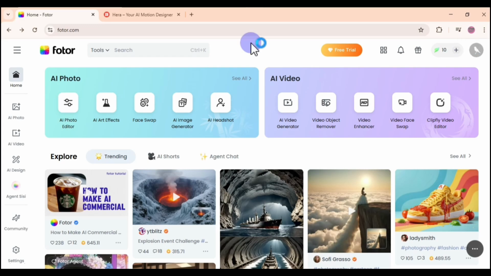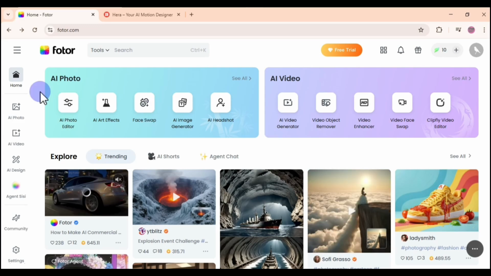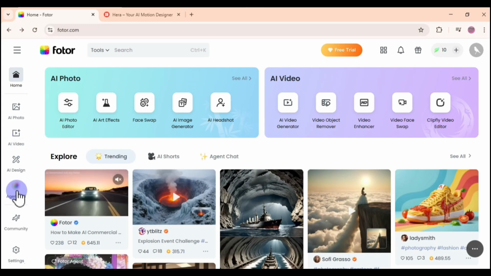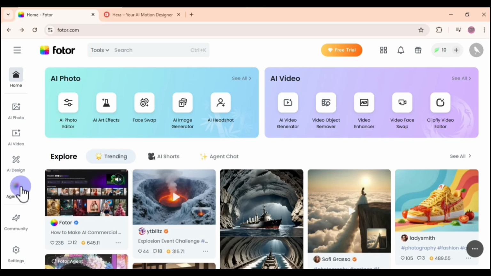And once inside, you will see a dashboard page with AI tools for both photo and video editing. And on the left sidebar, you will see AI designs and AI agent. And in this tutorial, we will focus on AI agent. So just click on this one, Agent CC,